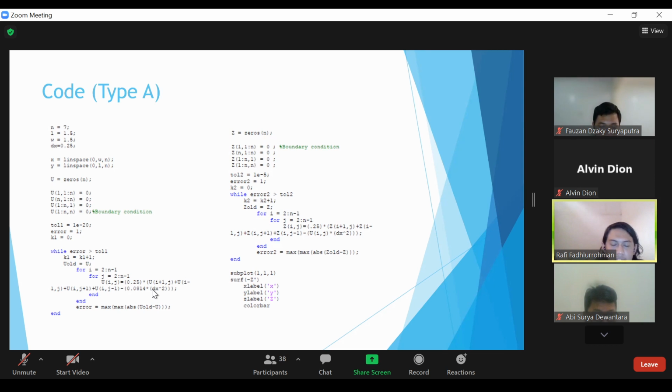For the equation we use almost the same equation, but the difference is at the u_ij. This is the exact value at the node of the u. When the iteration begins and the error has a value less than the tol, we can get the matrix